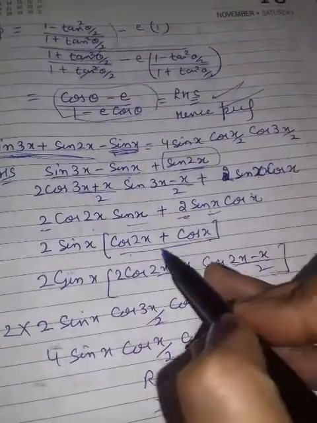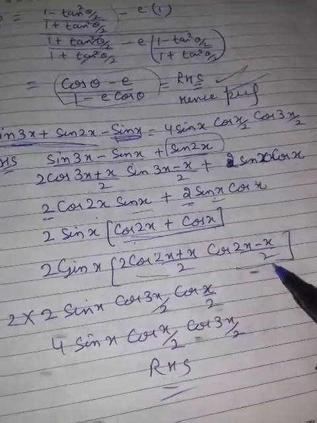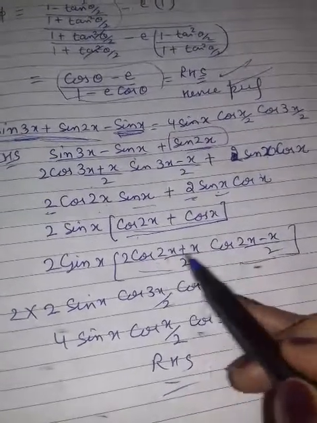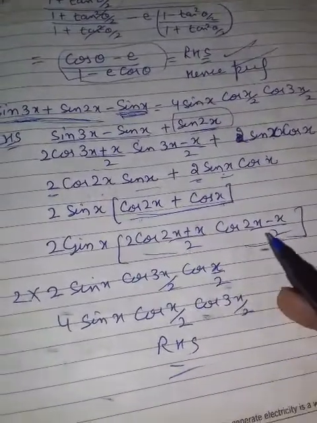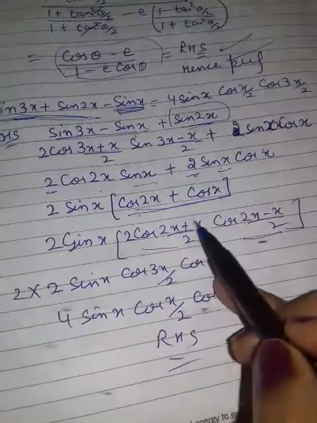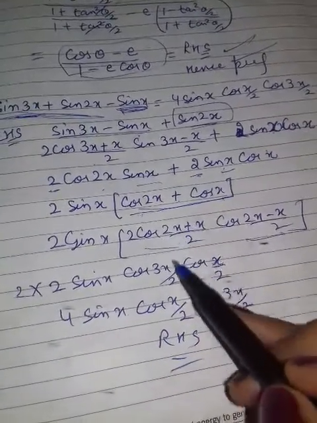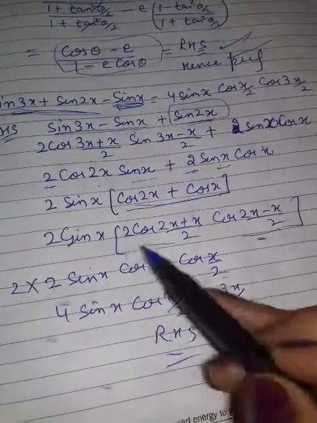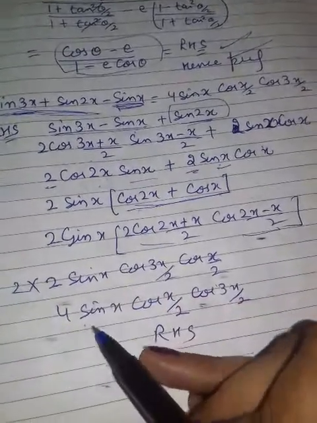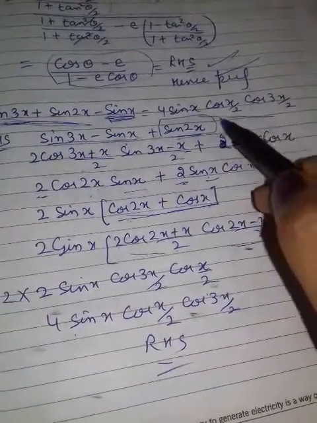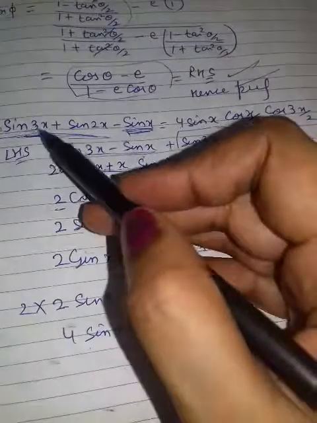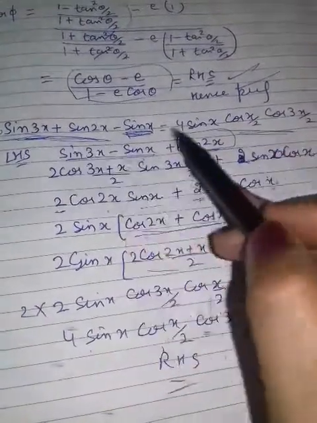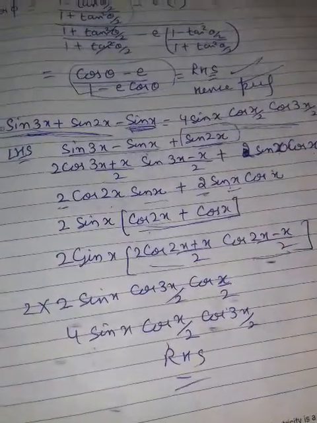Now again we are opening the identity here. Clear? You know, cos times cos will come, firstly with positive, then with negative. Then you will open 3x by 2. It will become x by 2. 2, 2, 4. So you got the same factors. Now you got why we are not keeping it? Because 5x by 2 you don't want here. Clear? So it depends on your right hand side.